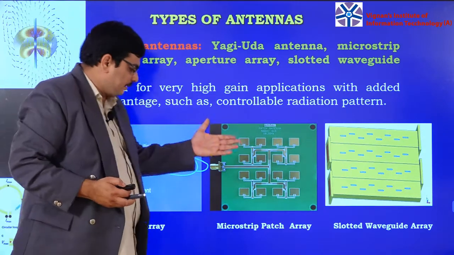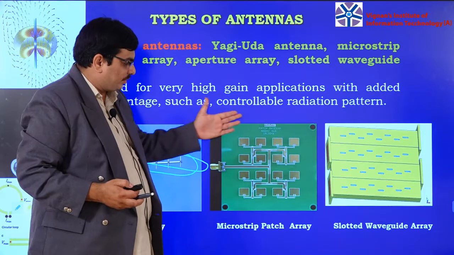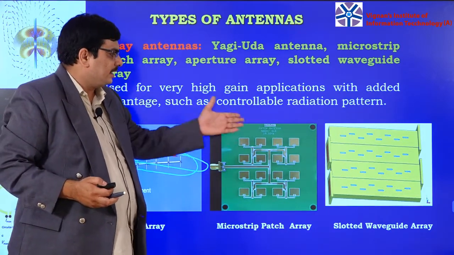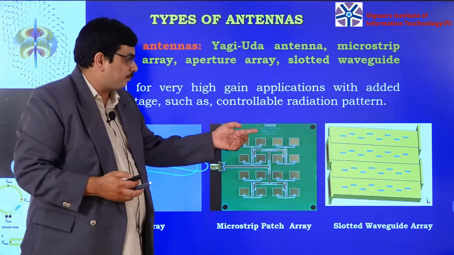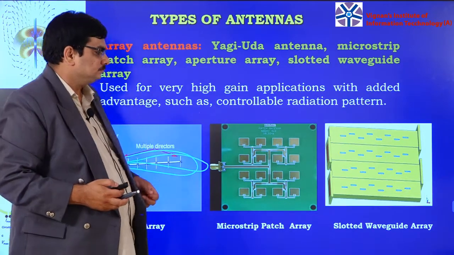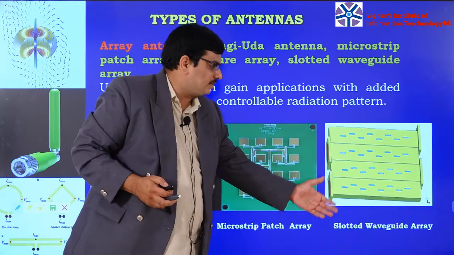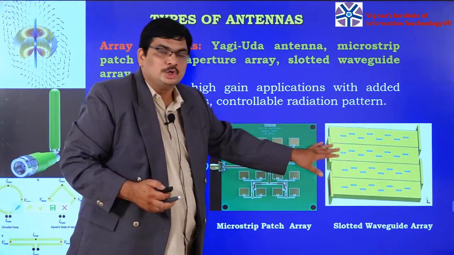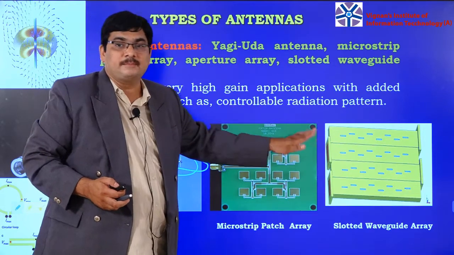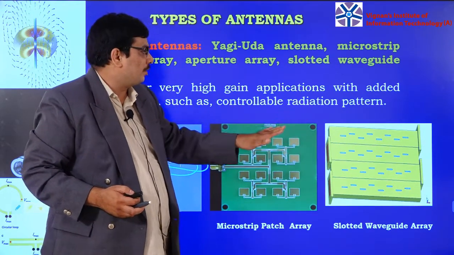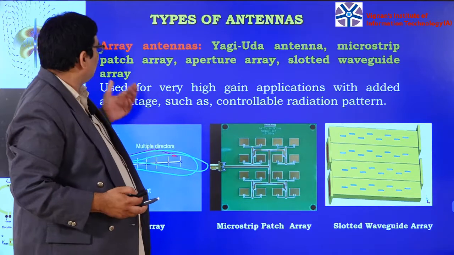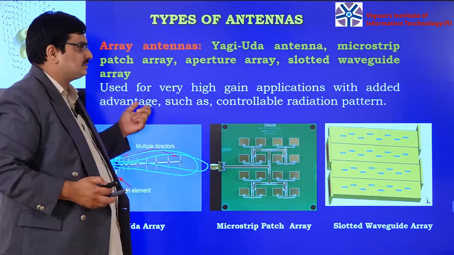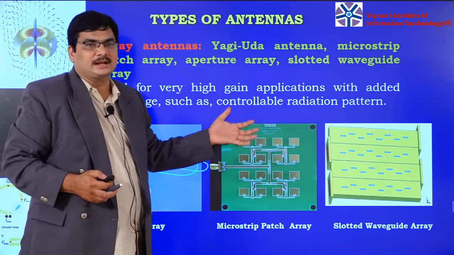And this is a simple microstrip patch antenna with a 4x4 array, a 4x4 microstrip patch antenna, and this is operated at 10.3 GHz frequency. Also, this is a slotted waveguide array. These slotted waveguide arrays are used for high frequency applications as well as microwave applications. These antennas are used for high gain applications with the advantage of controllable radiation patterns. And another